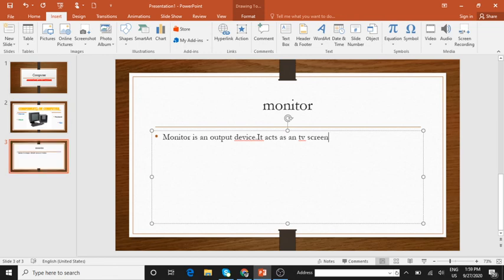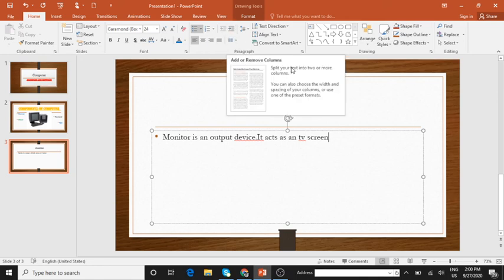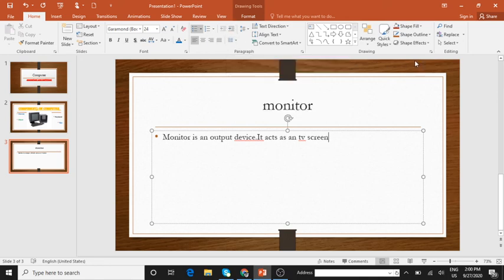So go to line spacing. Okay, this is your line spacing. Can you see this? Select the entire text you want treated as a paragraph. Okay, you can just select it.